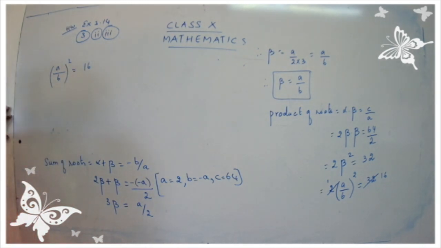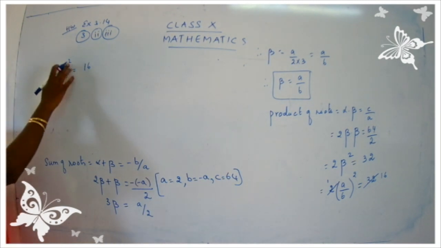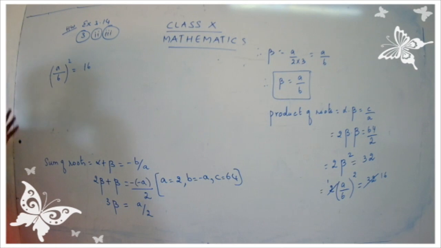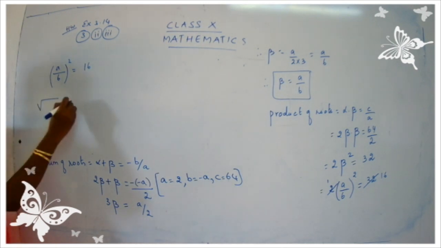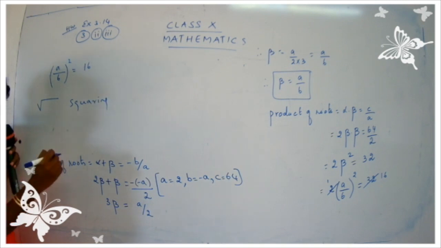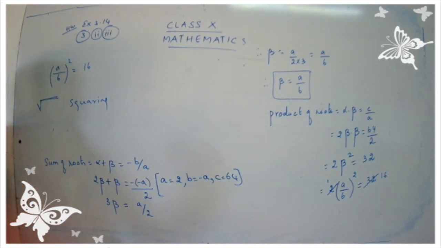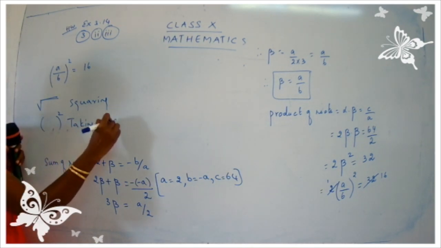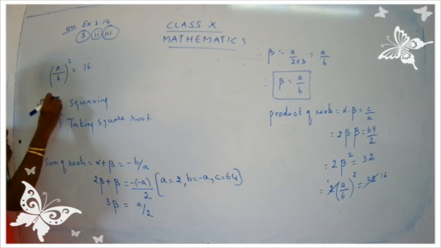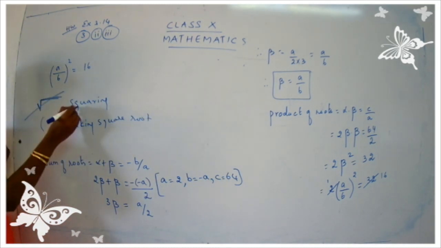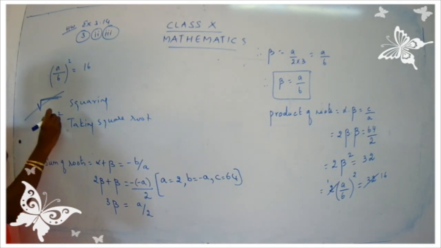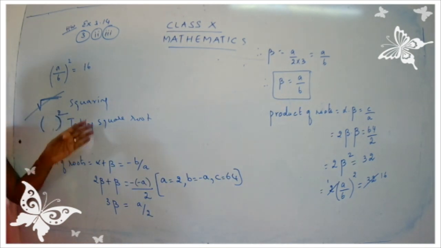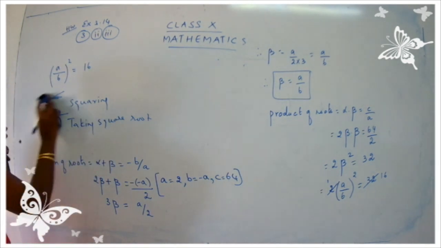I am going to follow the previous method here again. Here I have square. Yes, children? So in the previous case, square root was there, yes? So we took squaring on both sides. Are you clear? When the square root sign was there, you have to write squaring on both sides. But now here, square is there, yes, children? So when you have square, you have to take square root on both sides. Be careful. So when square root is given, to remove square root, you have to do squaring. And when square is given to you, you have to take square root. So how are you going to take square root? See?